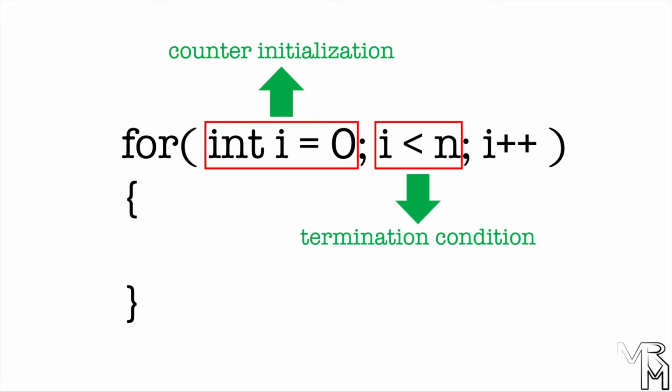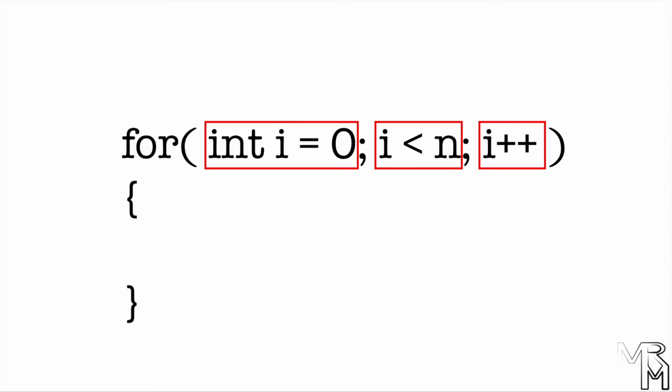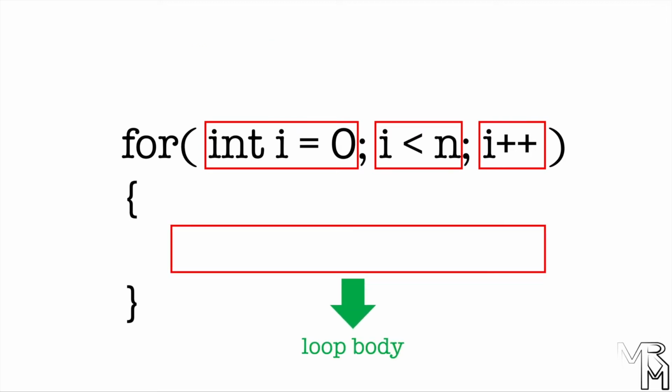The second part is called loop termination condition. The computer uses it to figure out whether it needs to continue repeating the set of instructions inside the loop or not. The third part is called counter increment. Every time the instructions inside the loop get executed, you need to update the value of the counter variable. The double plus sign means that when the computer finishes executing all the instructions inside the loop, it must increase the counter by 1. Finally, as you have probably figured, the instructions you want the computer to execute inside the loop must go inside the pair of curly brackets that follow the loop header.